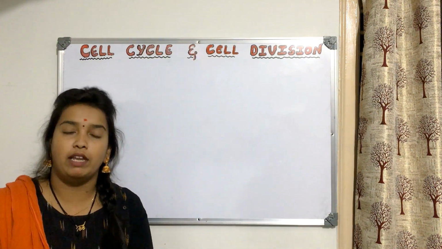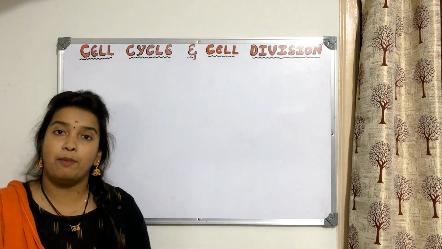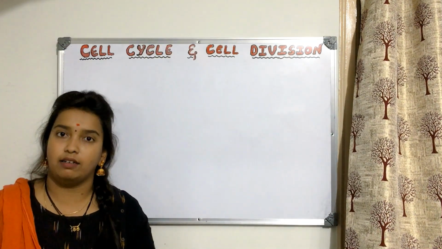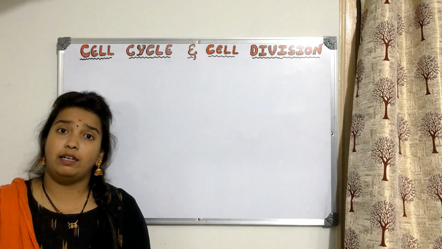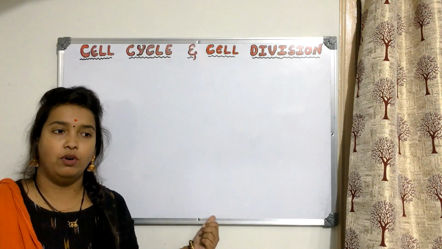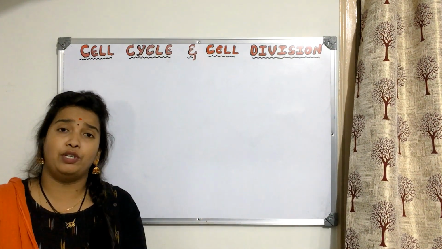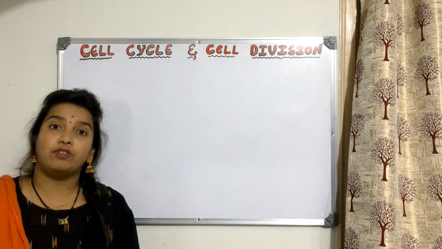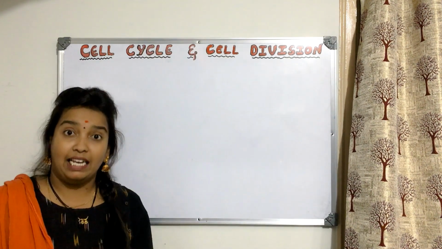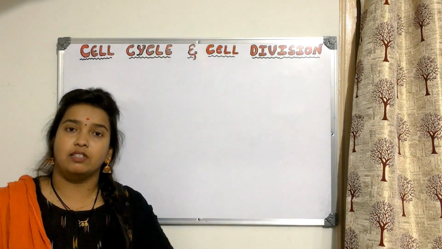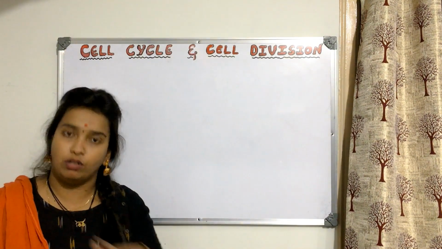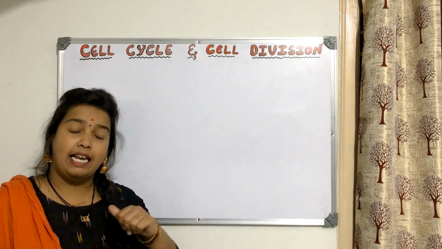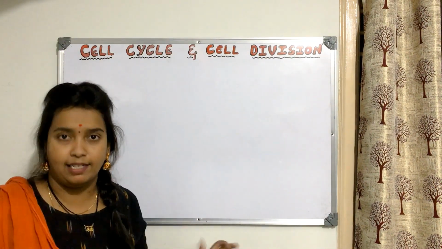The reason, you people know very well, is that once you have understood cell properly, then understanding the division process of cell is not that difficult. And before watching this video, I request you to watch the video which I have done on basics of chromatin, that is DNA, chromosome, chromatids, sister chromatids, non-sister chromatids, all those things. So if you have understood that concept clearly, then it becomes very easy for you to understand this chapter.